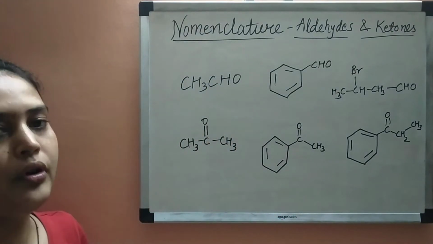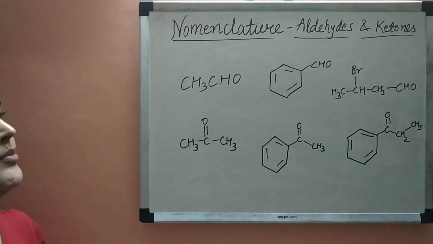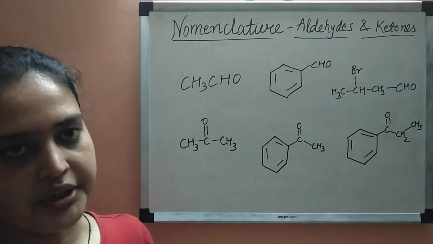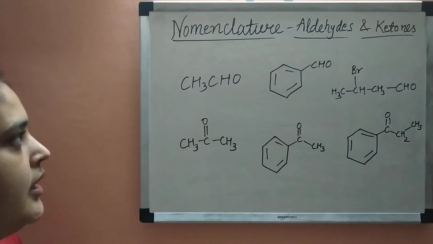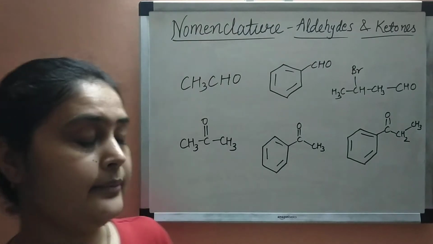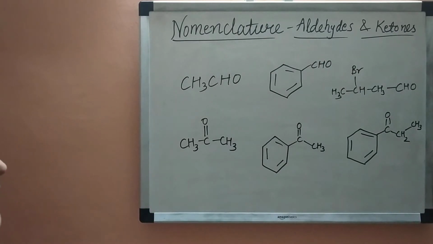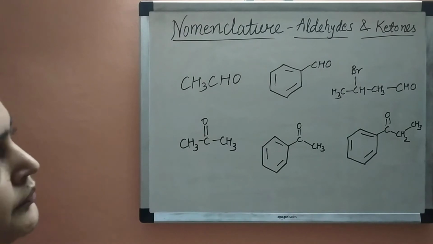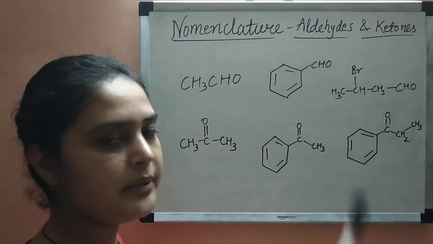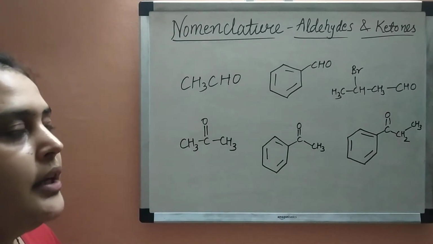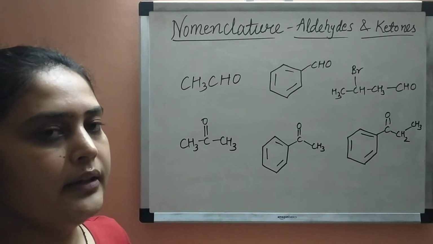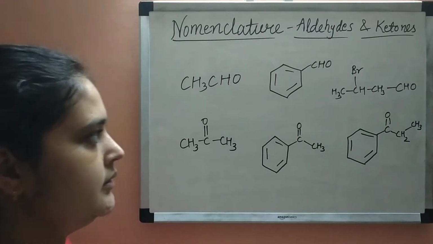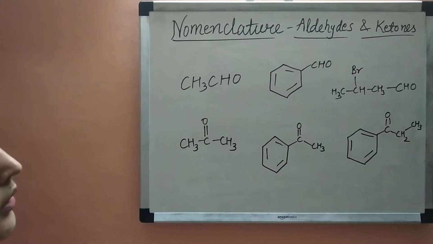So what are the rules for common names? The common names are derived from Latin or Greek terms, and they indicate the original source of the aldehydes or ketones, as well as of carboxylic acids. Another rule for common names is that the carbon atom next to the aldehyde or ketone group is known as alpha carbon, the next to it is beta carbon, and then next to it is gamma carbon. So this is about the naming in the common nomenclature.